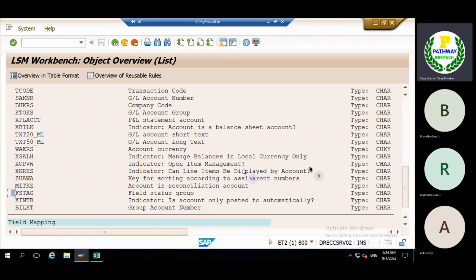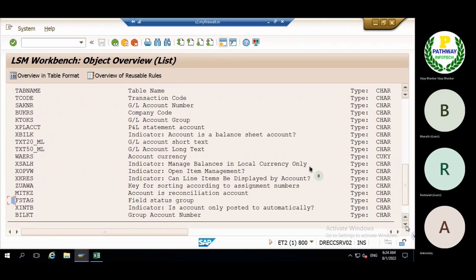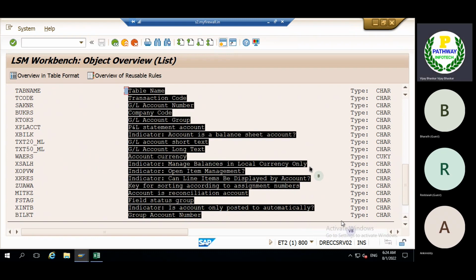Then we need to copy all the text. Copy the text from here.